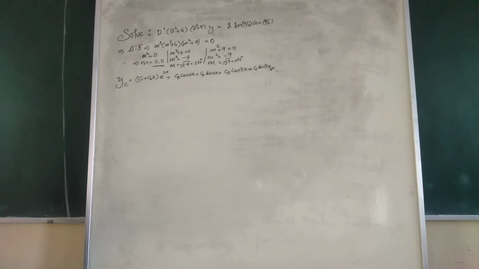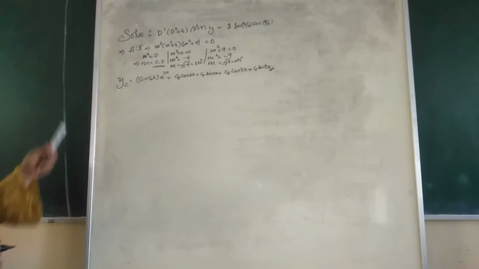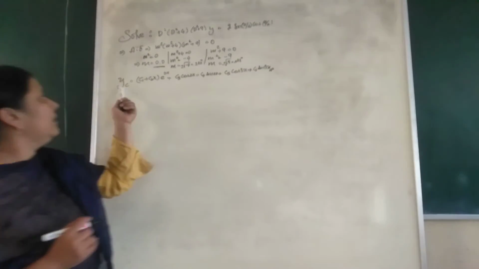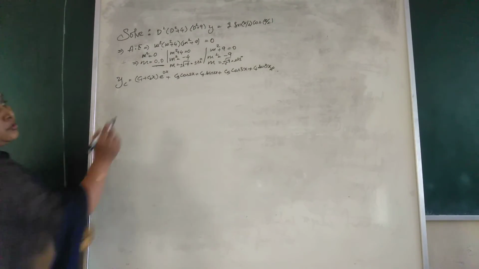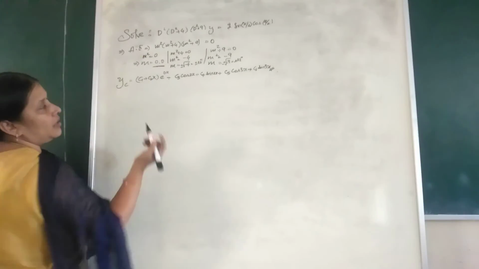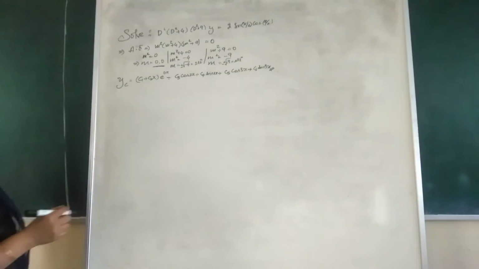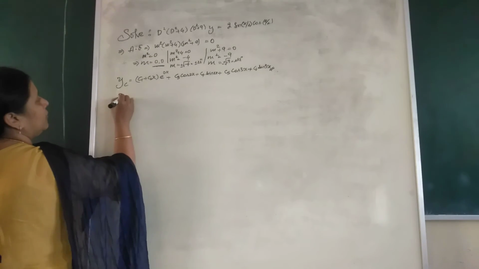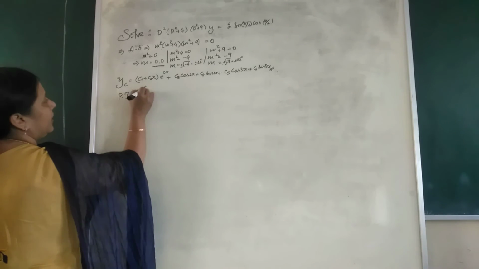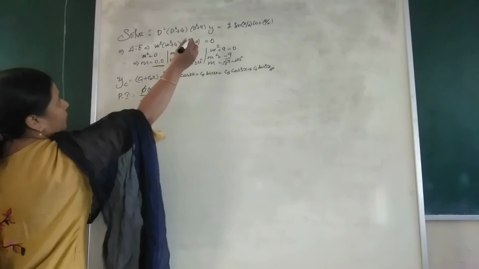This problem looks a little different from others only because the degree of this equation is more. So you get more terms in this particular complementary function. Understood? And you also know that e raised to 0x is 1. So this gets omitted in the next case. You can just directly write c1 plus c2x. That is your complementary function. Now coming to the particular integral given by phi of x divided by f of D, which is equal to